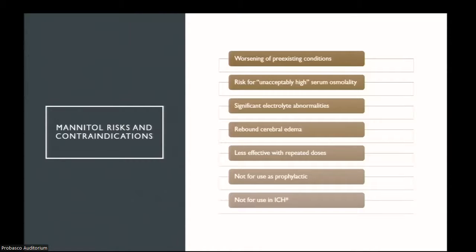It's most effective used early in therapy. It's less effective with repeated doses. And, as our bodies are always trying to maintain homeostasis, the more we give mannitol, the more they try to normalize the serum osmolality and make it our new normal. So, you have to stop mannitol once you reach a serum osmo greater than 320, which is kind of difficult to do, but you want to use it early and not as a prophylactic, just when you start to see